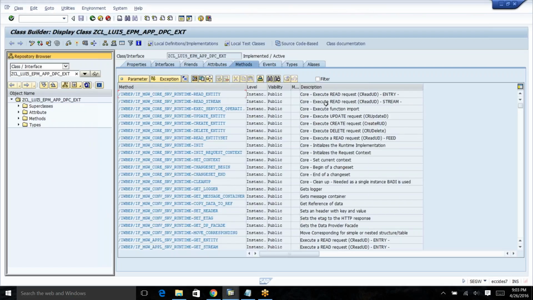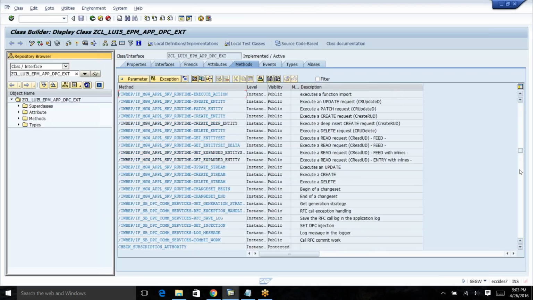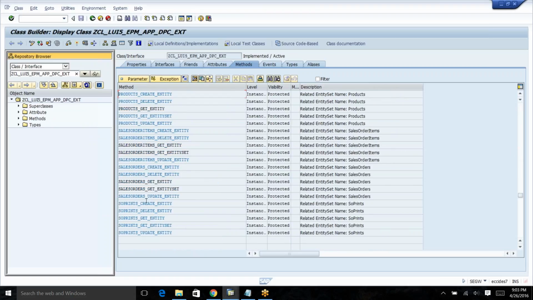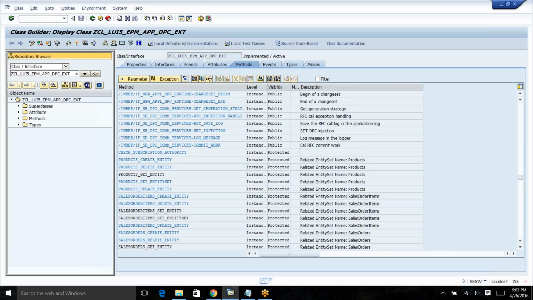Normally, if we wanted to get the entity, you are going to implement or redefine this method. But since it is a stream, since it is a media, it doesn't hit this method, rather it will hit